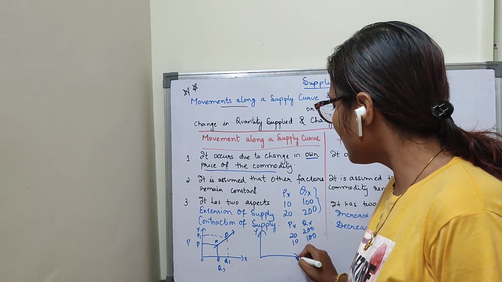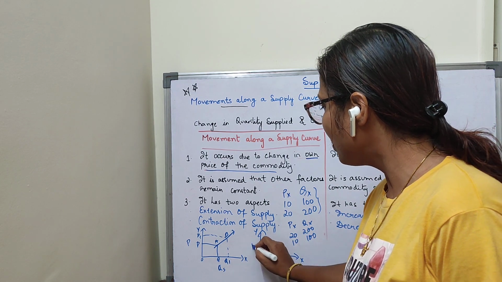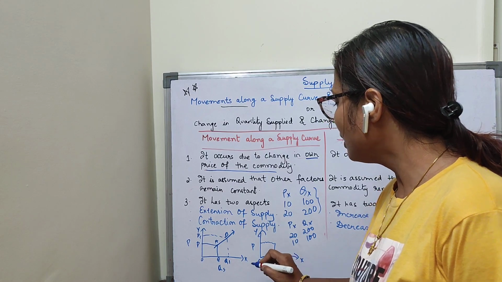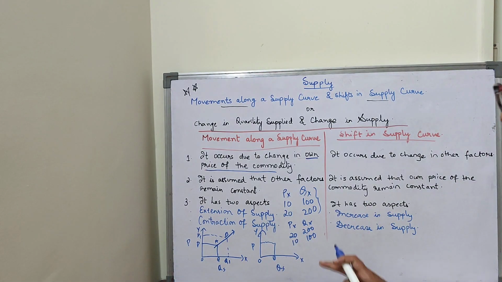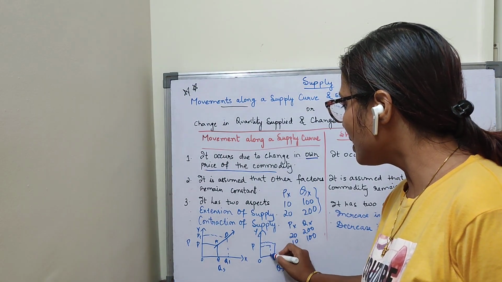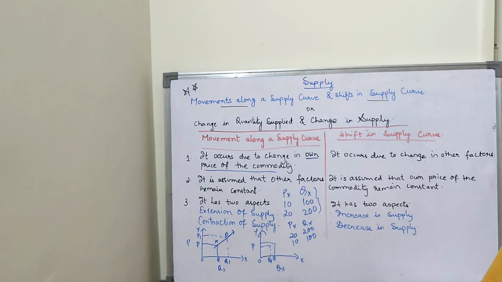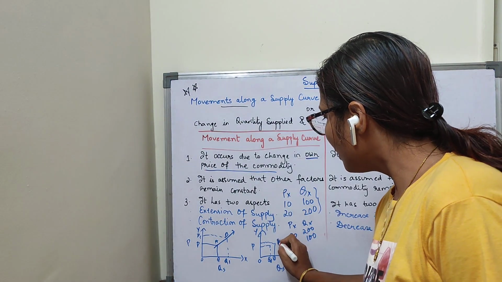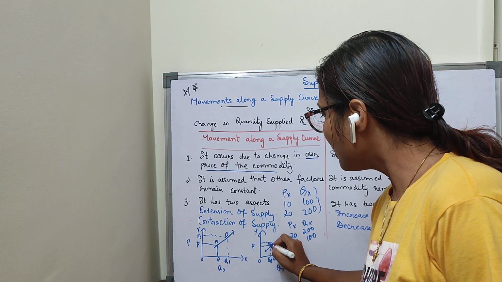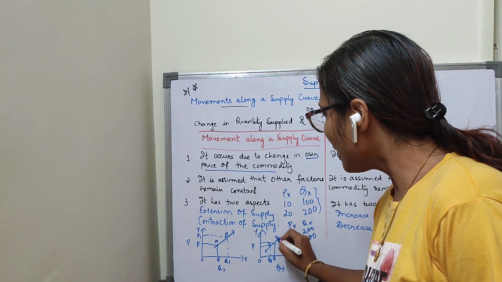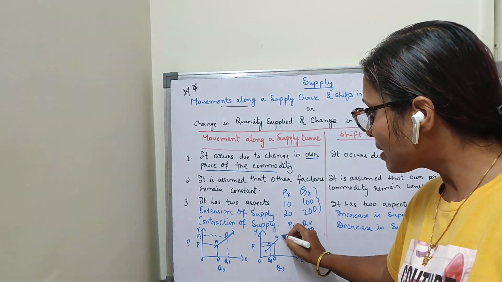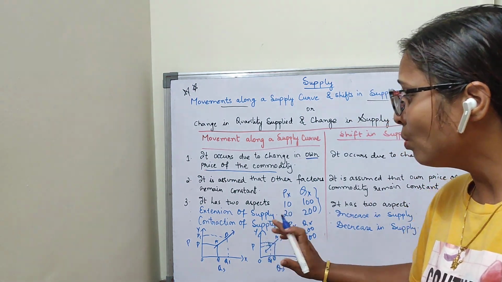this is the y-axis, this is the x-axis, quantity supplied, here the price. Now OP is the initial price and OQ is the initial quantity. Clear? Now when price decreases, that means here you have seen from 20 to 10. So when price decreases, my quantity supplied also decreases. Here now OQ1. So what I can see here will be the downward movement. So previously here it is the B point I can say, and here it is the A point. So now what happens? My supply curve is moving downward. That means my supply curve is moving downward from A to B.